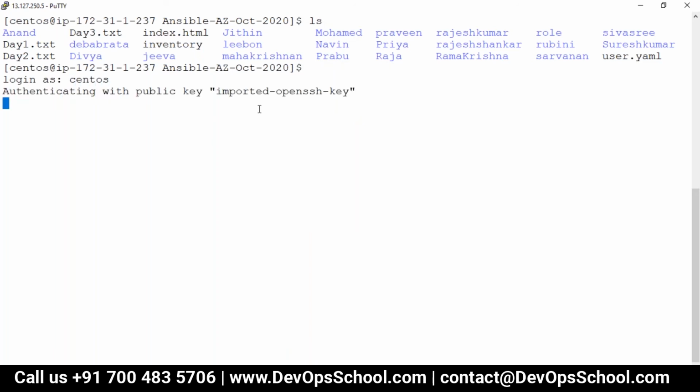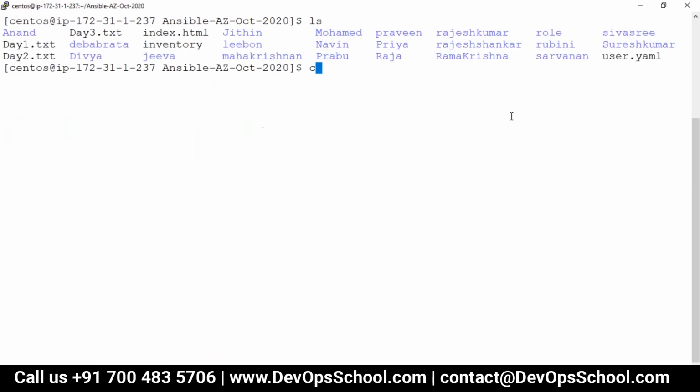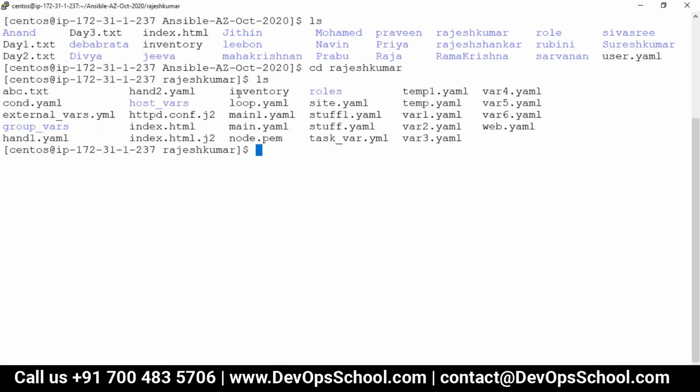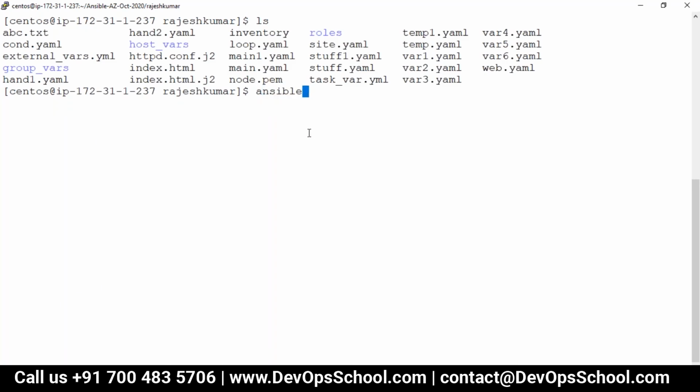So guys, look at my screen here. Now I go inside here and go to Rajesh Kumar, and I encrypt the file actually. Which file? Here it is. Look at the content. Oh, sorry. I think I did not encrypt this file. In Ansible, I encrypted some file, but in a different directory. So let me encrypt it quickly.